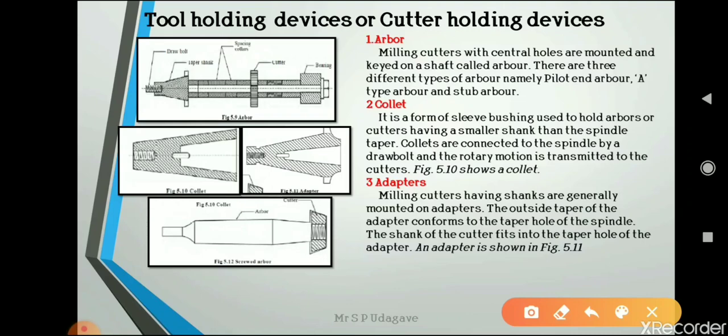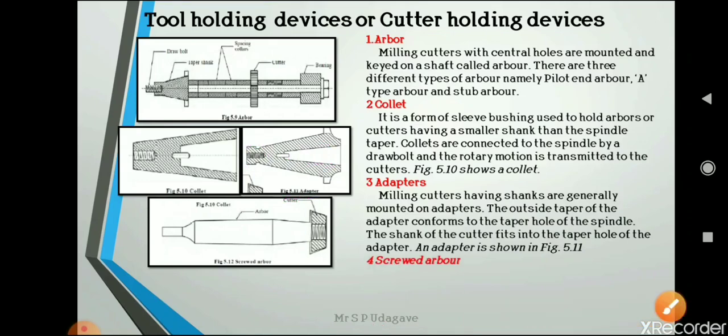The figure shows a small taper on the shank of the tools that will be held with the help of the adapter. So we can use the adapter to hold the cutters, and with the help of the internal draw threads we can hold the adapter inside the spindle for the operation.